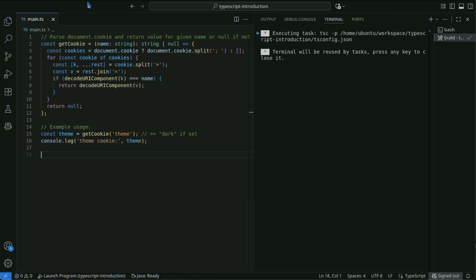This function decodes both the cookie name and value to safely compare and retrieve them. It handles duplicate cookie names and encoded special characters, making it a simple yet robust implementation.